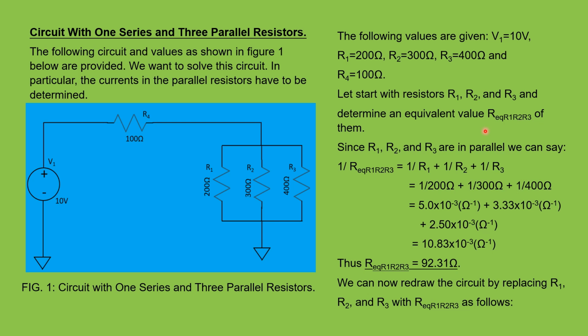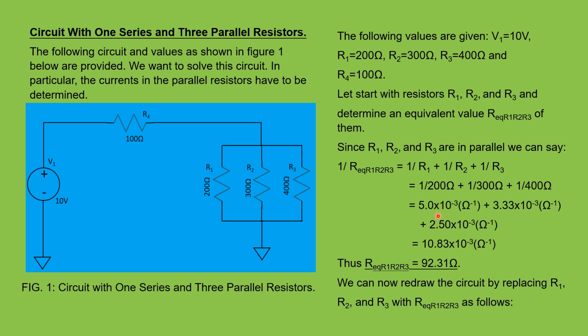And since R1, R2 and R3 are parallel, we can say 1 over R equivalent R1, R2, R3 is equal to 1 over R1 plus 1 over R2 plus 1 over R3. Now if we substitute the values for the resistors, we get 1 over 200 ohm, 1 over 300 ohm, and 1 over 400 ohm. And if we calculate the inverse thereof, we get